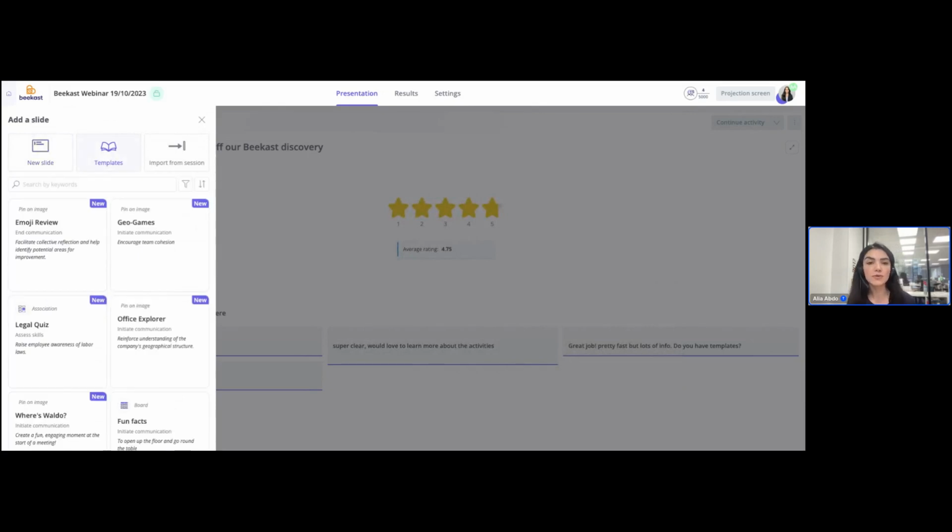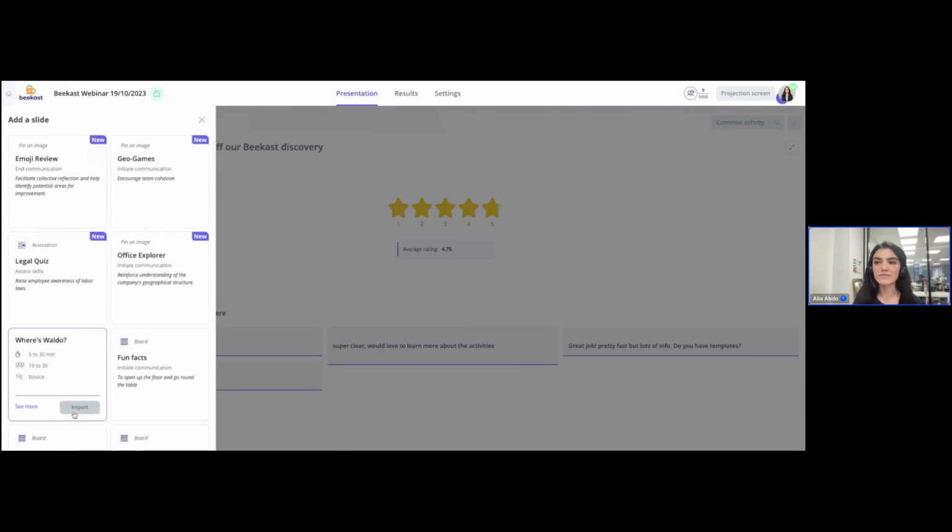The templates come from our website, Inspiration Beekast, where, of course, we will be sending the link as well. The templates are available, and you can search them or select them depending on the objective of your meeting. Once again, we're speaking about meetings, but to give you an example of what we created earlier, or of one of the newest activities that we propose at Beekast,